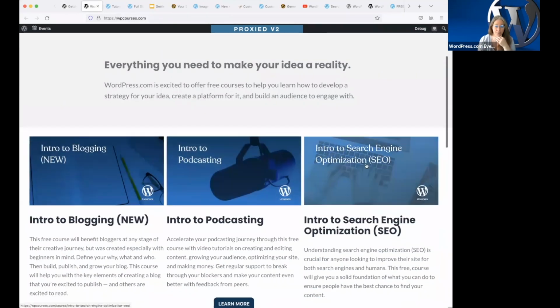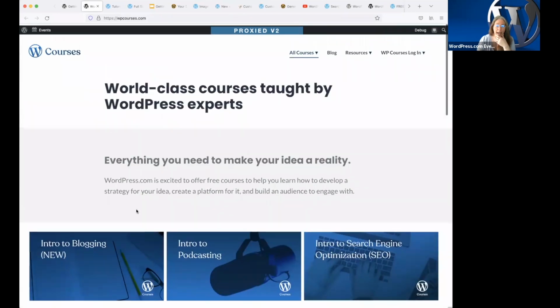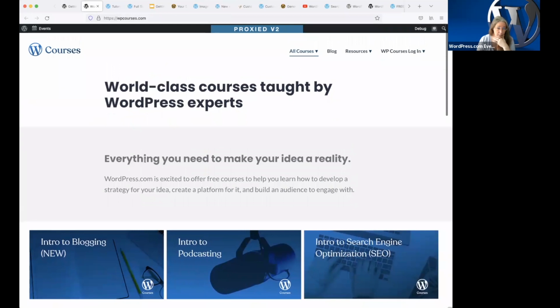We now have three courses, and they are now all free. So you can join any of these courses, no cost to get into them. You can go into all of them if you want. We have a new community component, which you can see up here once you're logged in. I'm not logged in at the minute, so we don't have access to it. But when you're logged in, you'll be able to access our community where you can ask questions and interact with